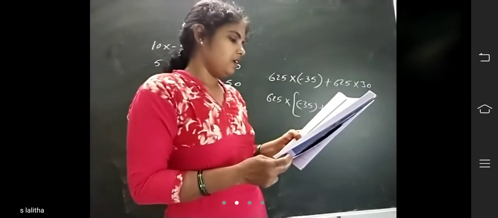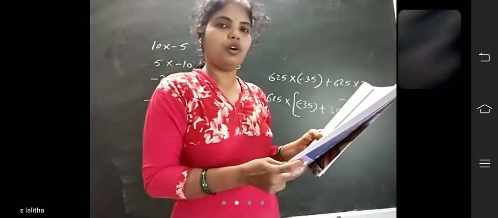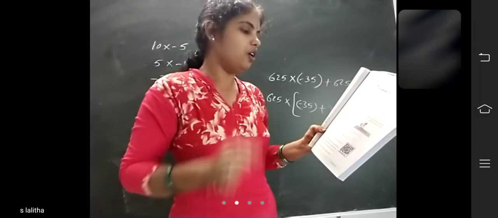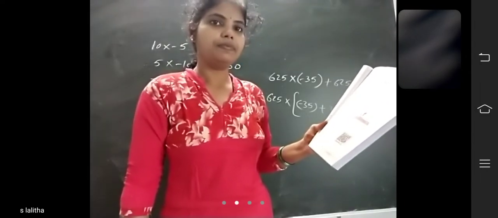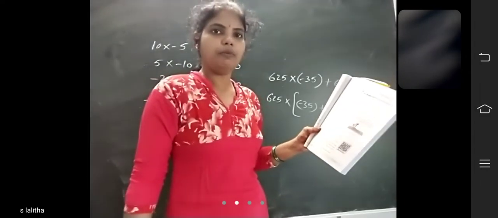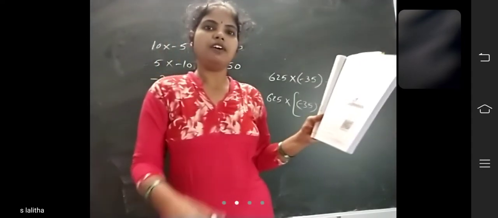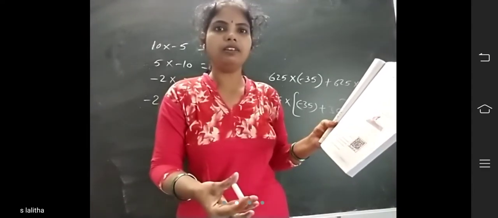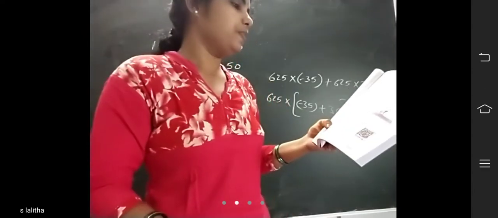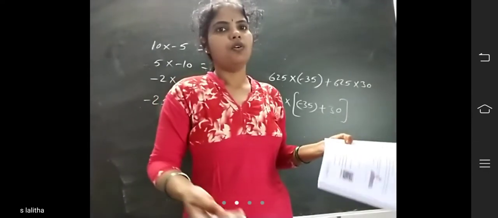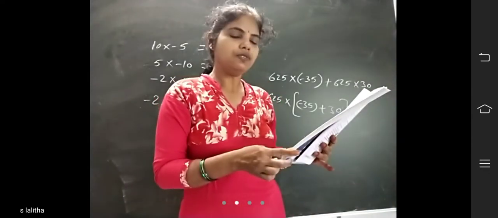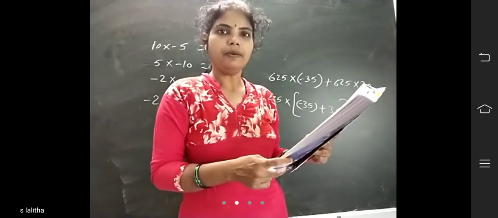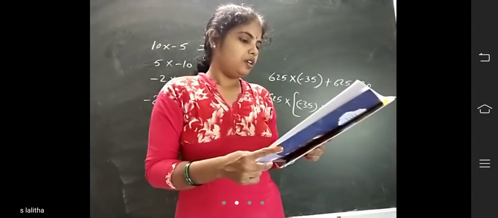Okay, ma'am? Write the absolute values of the following numbers. Minus 700. What is the absolute value of minus 700, children? What I told, absolute value means, absolute values are never negative, only positive numbers. So minus 700 absolute value is 700. Okay. 150 is 150 only. Minus 150 is 150. Minus 35, 35.